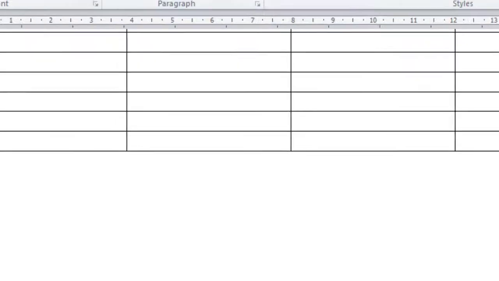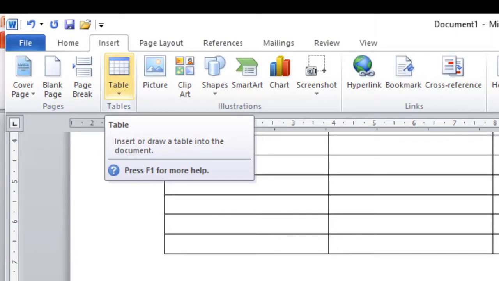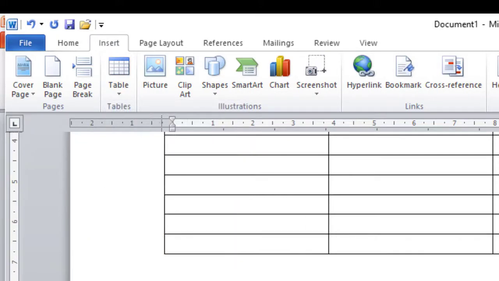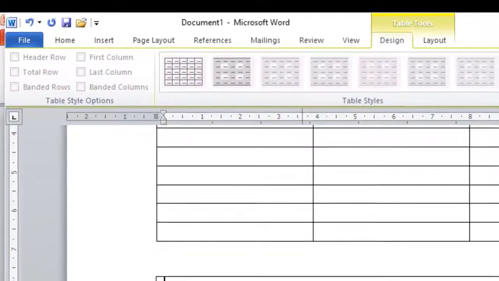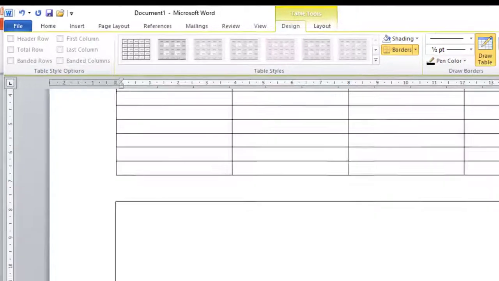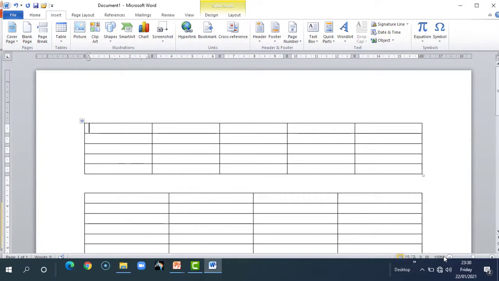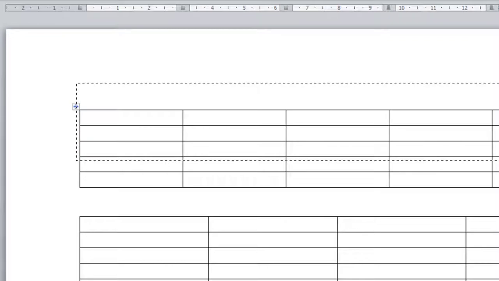The second way to insert a table is to go to the Insert tab, then choose the Table command and then click on the Draw Table command and then draw the table of the given size. Now you can perform multiple different formatting options on a given table. If you want to reposition your table in the Word document, then go to the left upper corner, click on this button and then you can move your table anywhere in your document. This is how you move your table from one location to another.